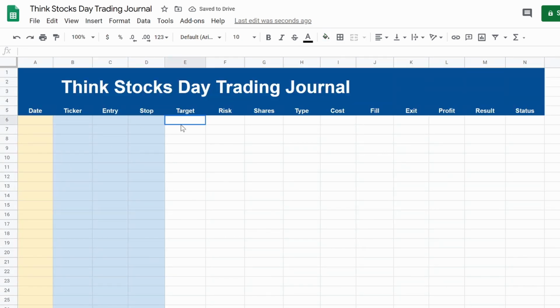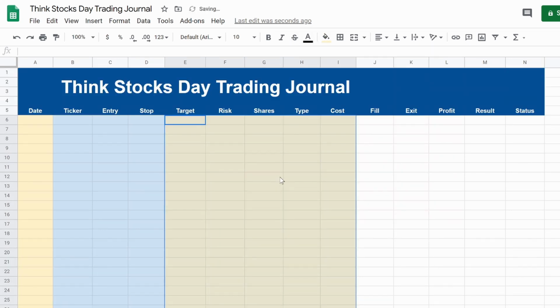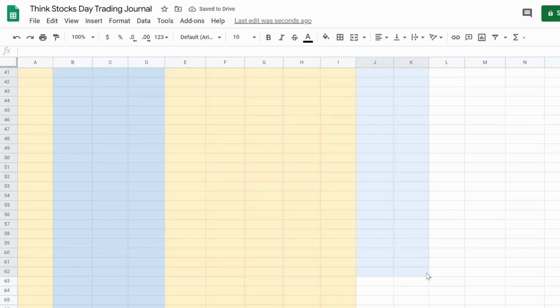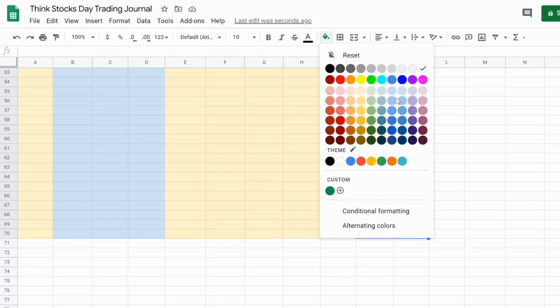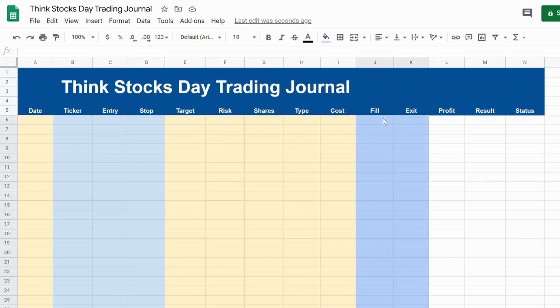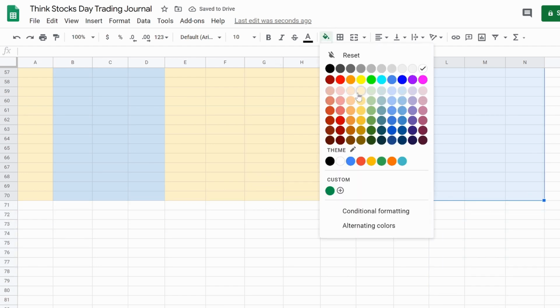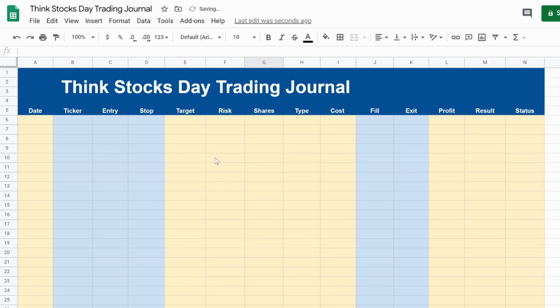So these are blue because we're going to be changing those around. And then right here, all of this is going to be yellow. So we're going to do that. The fill and exit are blue. And, whoops, that is the wrong blue. And profit, result, and status are yellow. Okay, so now that we have all of that, something that you might want to do, which I really like,